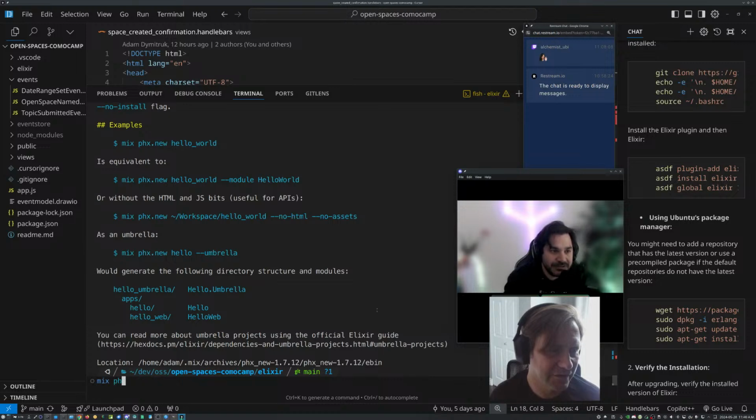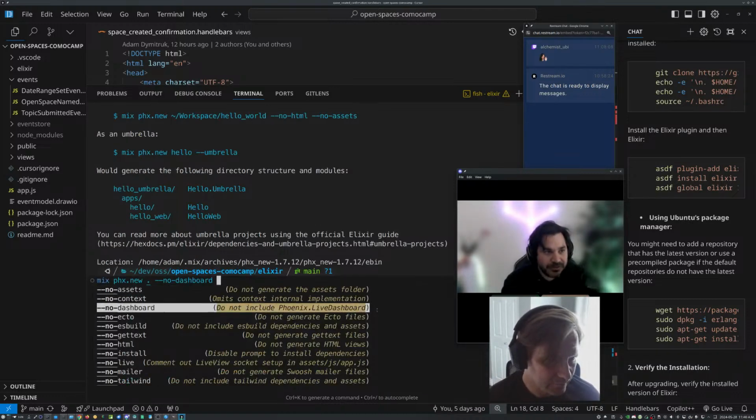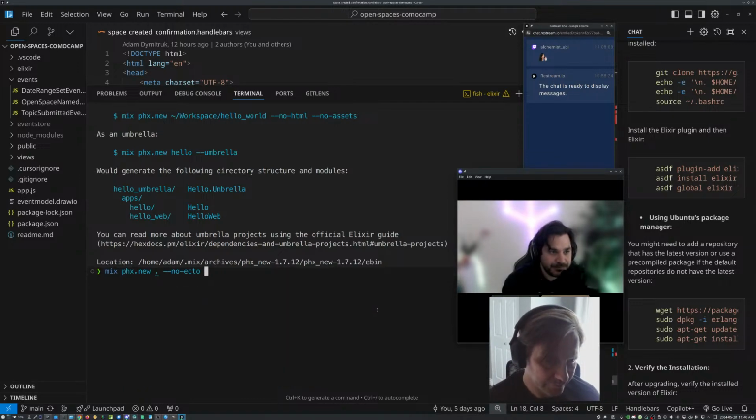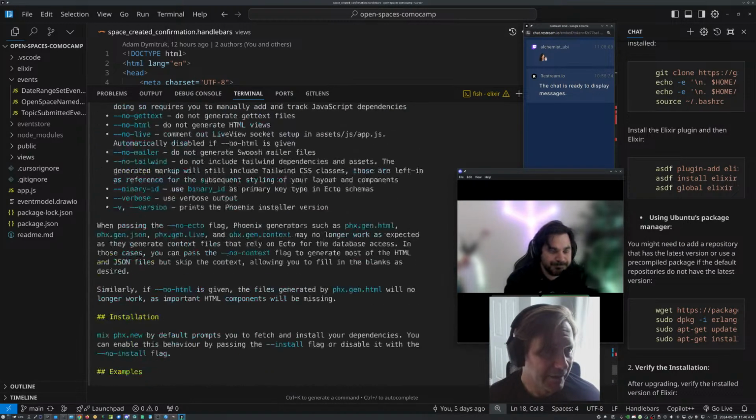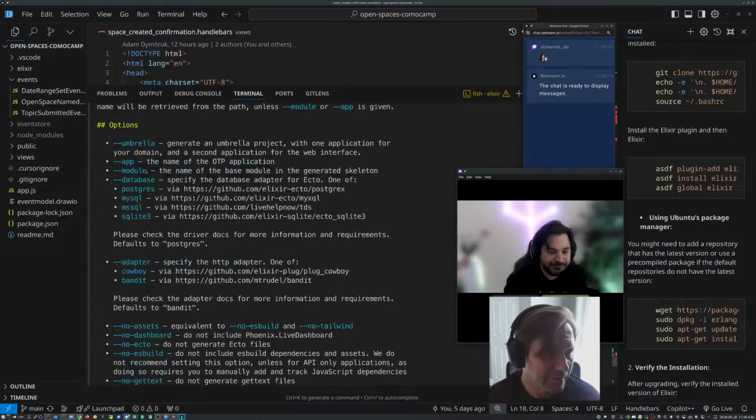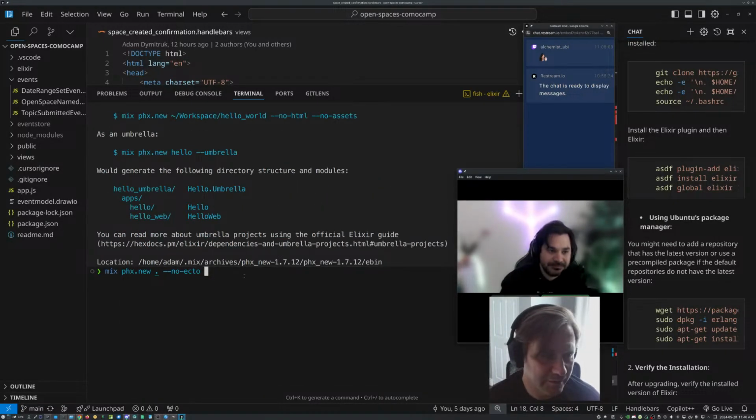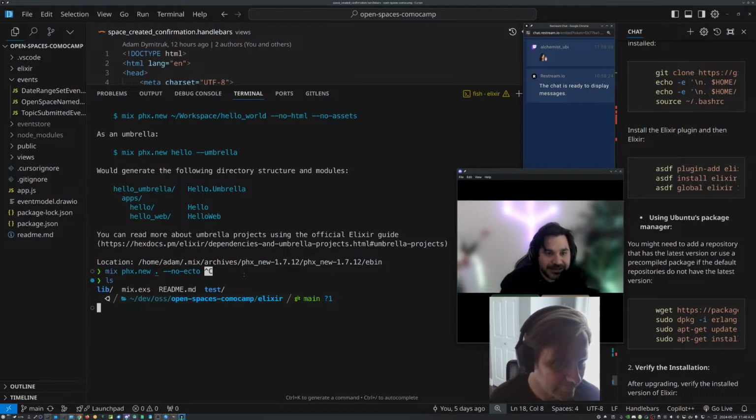Okay, so if I do phx.new, like it says here, can I use dot? That would generate it in the current directory. Yeah, so do no Ecto. That's interesting. Let me take a note about the no Ecto flag so I can follow up with them later and make it better. And this is exactly why, by the way, I'm telling you to go through the documentation, because